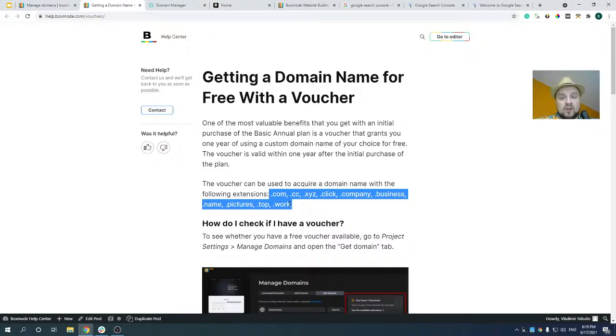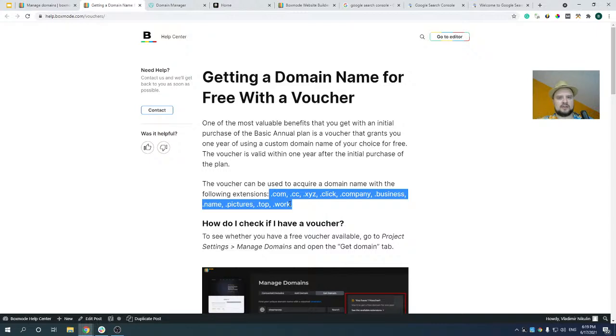So you have 12 months to redeem the voucher from the date you purchase the basic subscription. If you don't do this within this period of time, it will be terminated. The renewal of the domain subscription for every consecutive year is paid by the user according to the rates. So I hope this part with purchasing domains and connecting them to your Boxmode website was clear. Let me know if you have any concerns about what we just discussed.